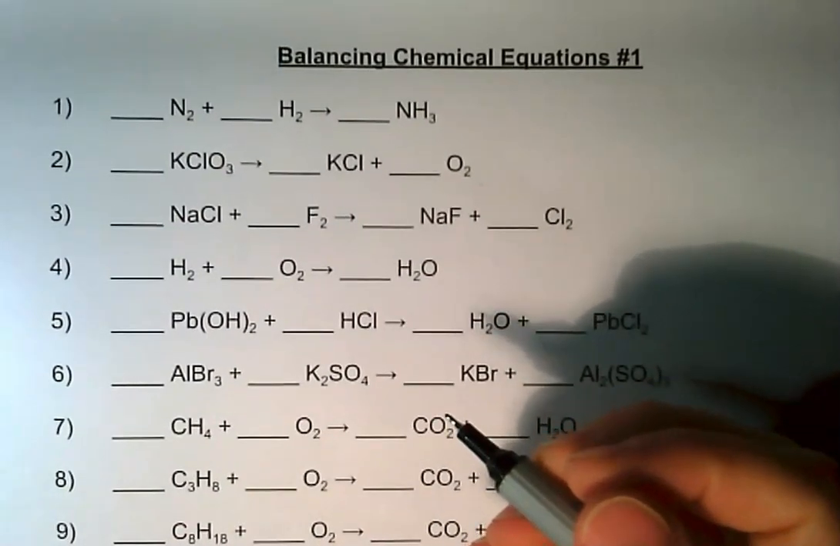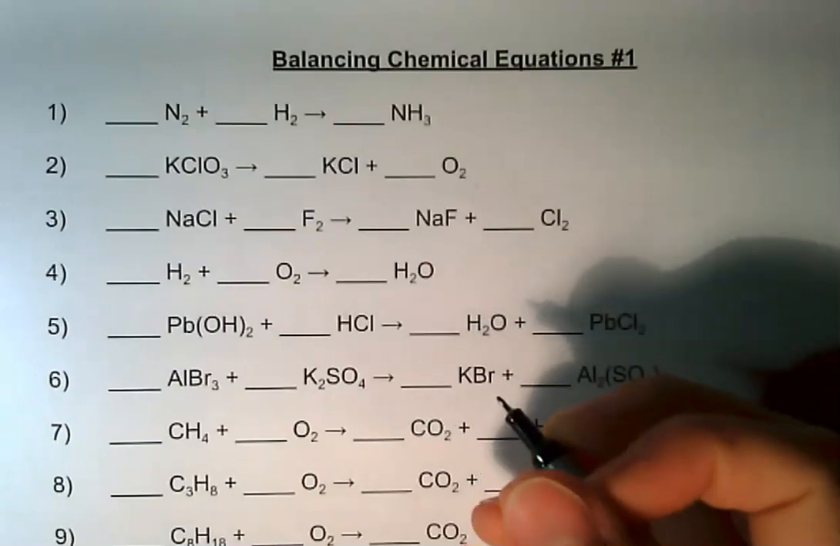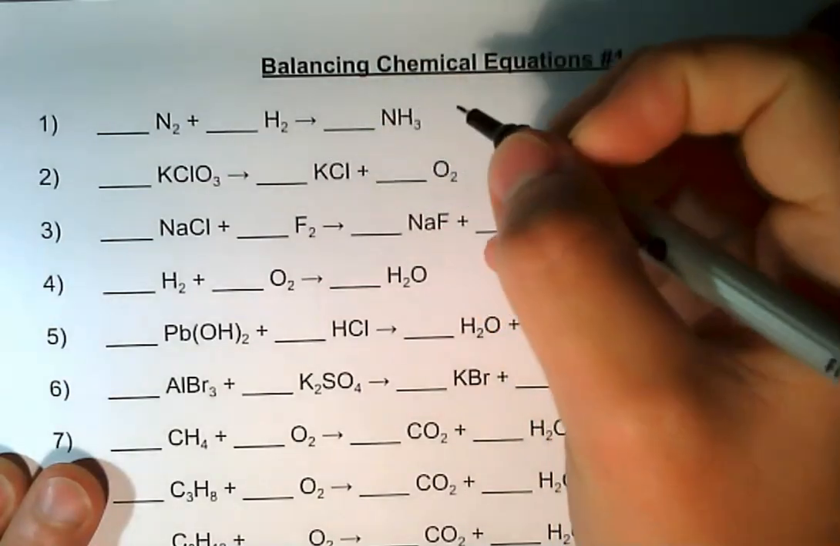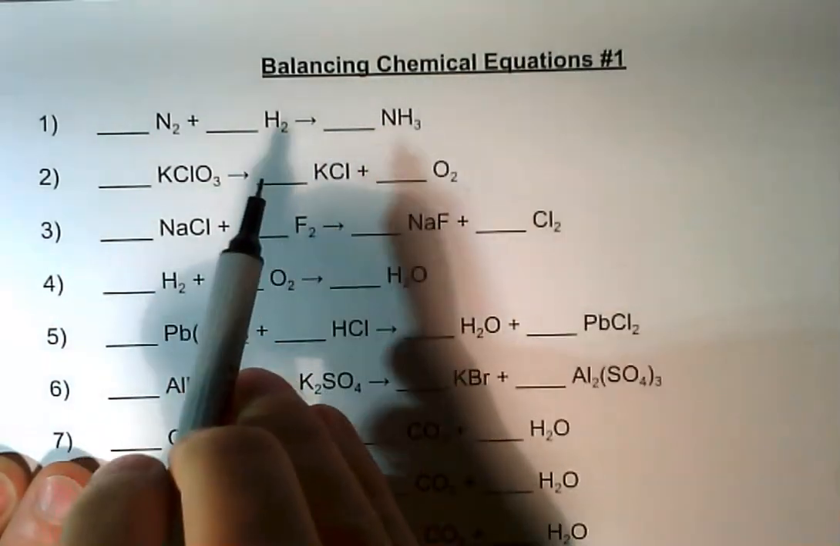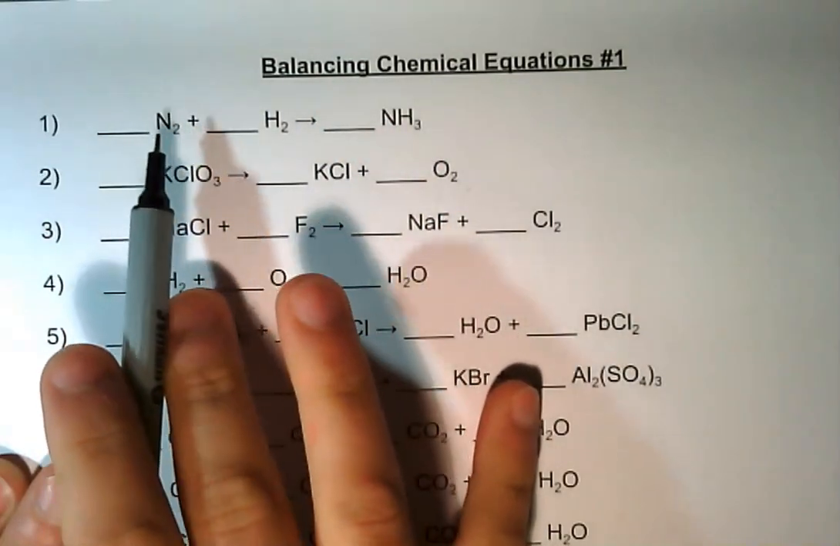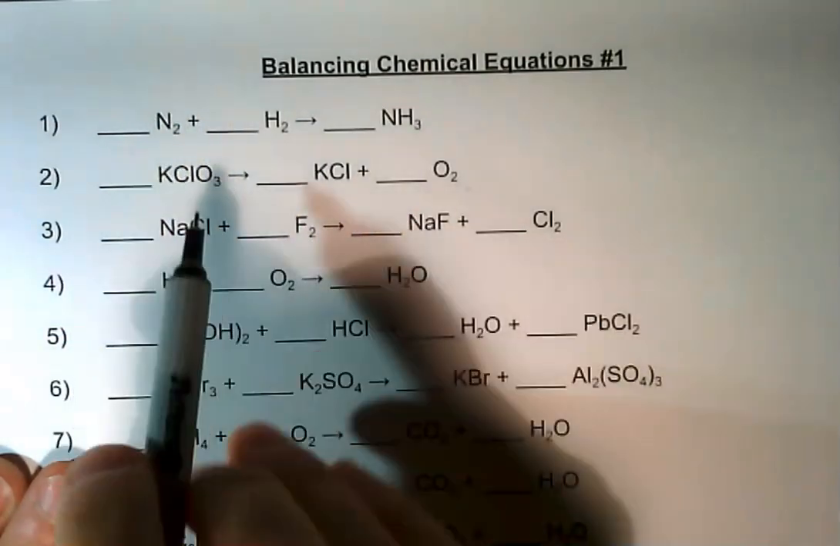In this video, we're looking at balancing chemical equations number 1. So our first equation is N2 plus H2 gives us NH3. So we first need to look for things that are unbalanced. So the first thing I notice here is that nitrogen, there are 2 on the reactant side because the subscript